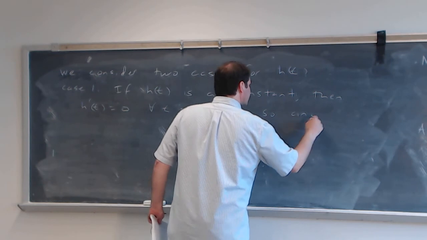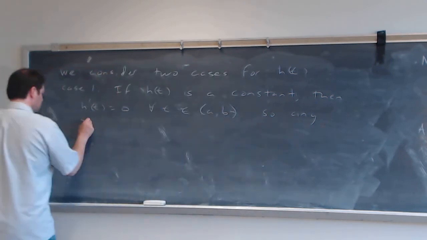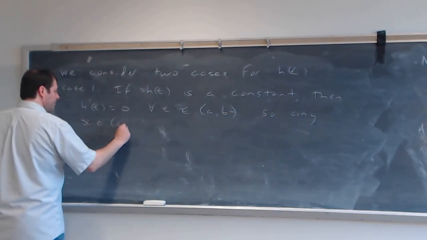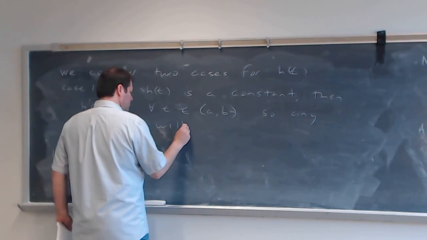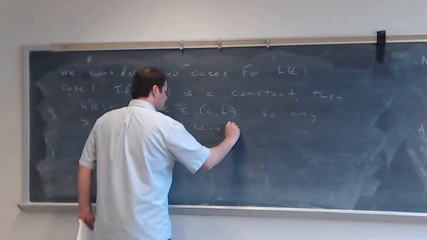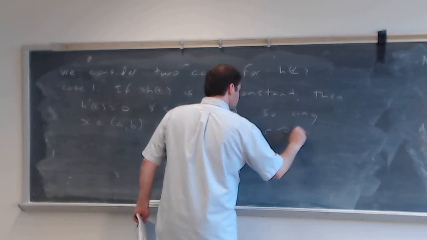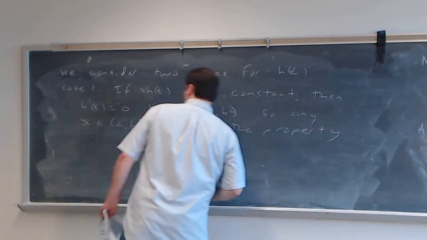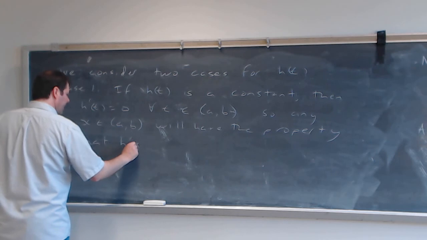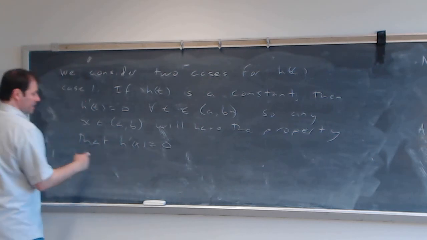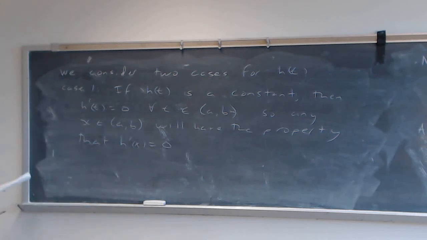So any x element of A to B will have the property that h prime of x equals 0. So any one of these x's will work. Case 2,